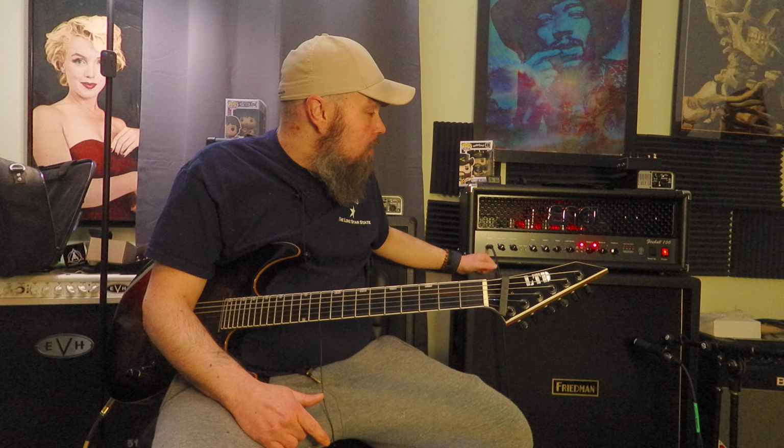I know a lot of you turn your heater off before you leave for work in the morning, and you come home to a cold house and you go to turn on your tube amp and want to play it. That's one of the fastest ways to blow out tubes. So